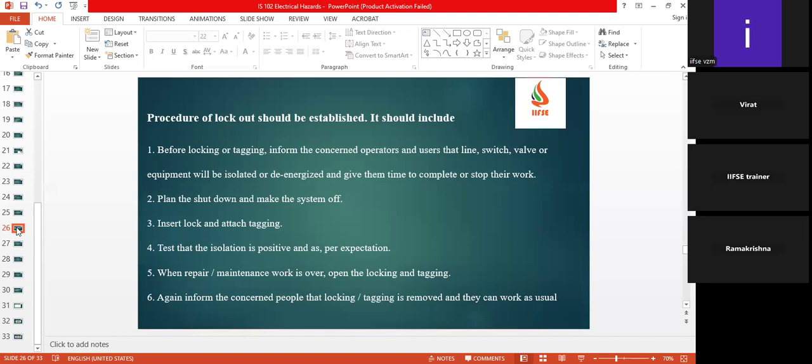So definitely you will have the permit. Then you should take the signature of that person as well, so that they will be aware you are going to switch off the supply and de-energize the supply. Once you are done, again you will go back and inform. That is the last step that we do in the